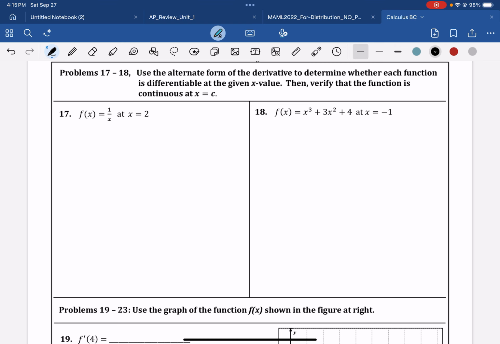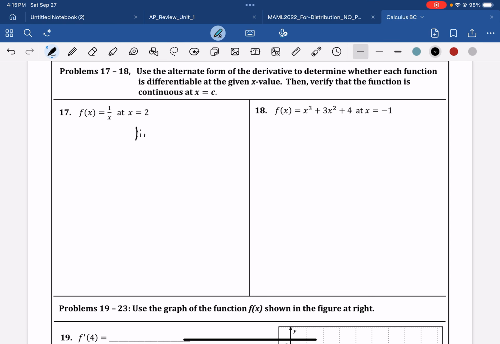So for the first one, we have to know what the alternate form of the derivative is. The alternate form of the derivative is the limit as x approaches c of f of x minus f of c over x minus c. Let's start the question. For this one, c equals 2, so we do the limit as x approaches 2 of f of x minus f of 2